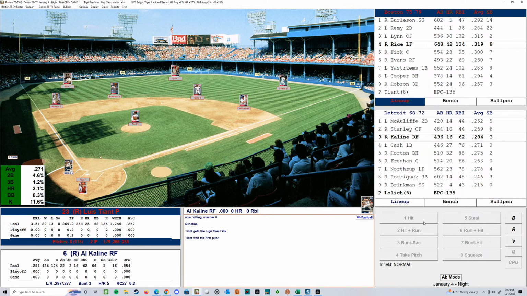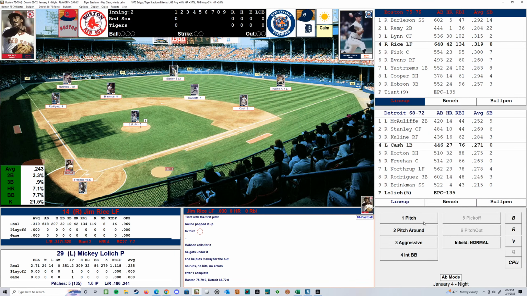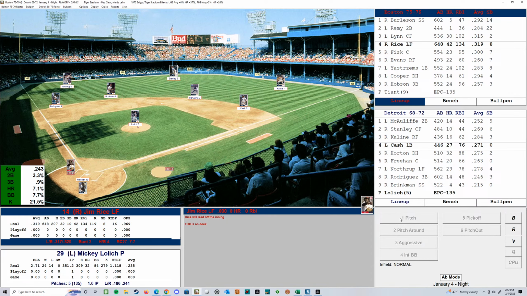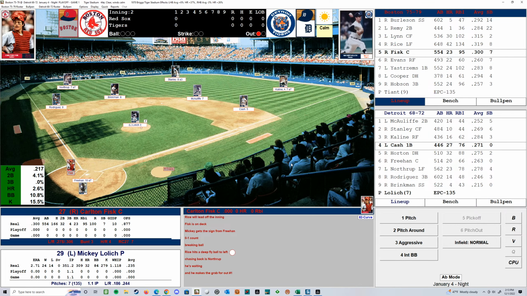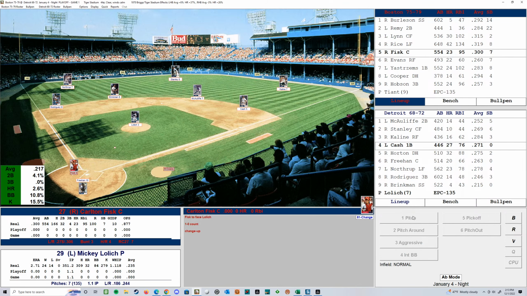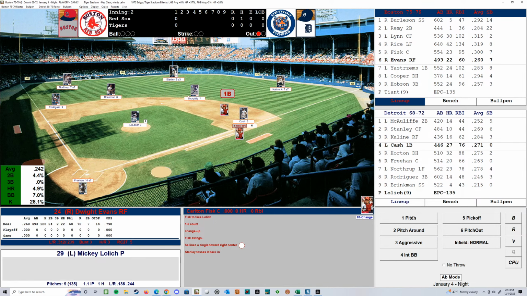Got Al Kaline coming to the plate, popping it up. Butch Hobson, not the guy you want in late innings with that 3 defensive range at third, but hey, he's got a lot of power in the bat. We got Jim Rice to the plate now. Fly ball out to left. Northrup's got it. See how the Tigers can play at home in this opening game.